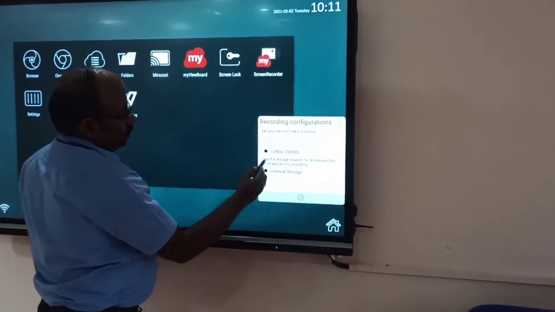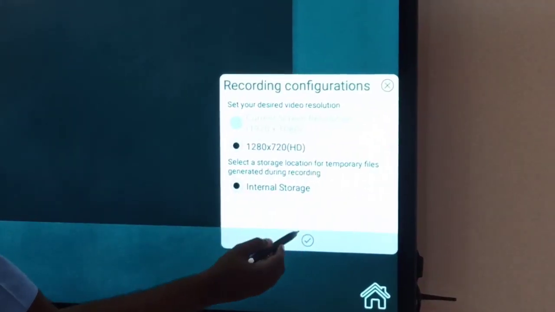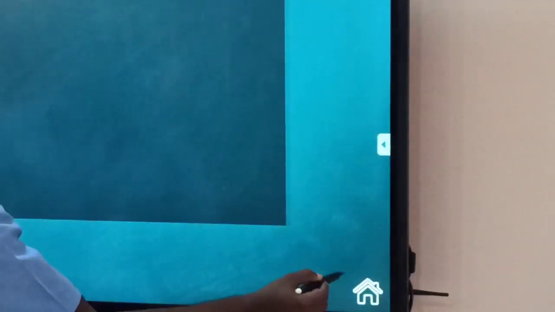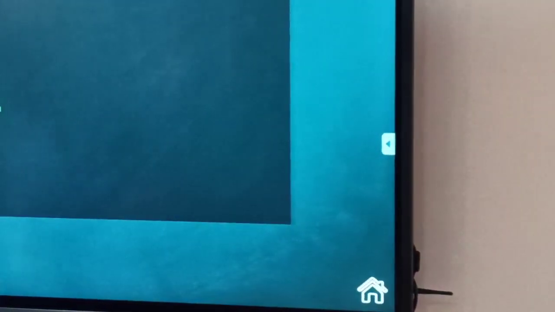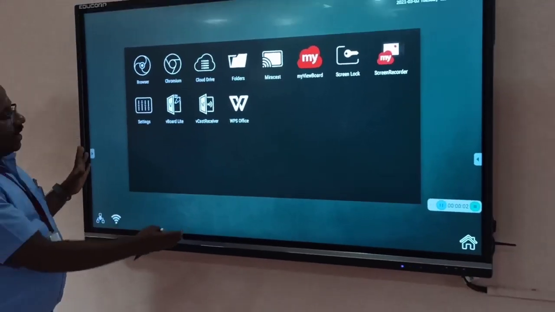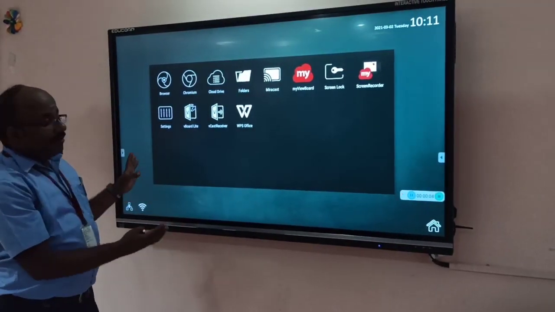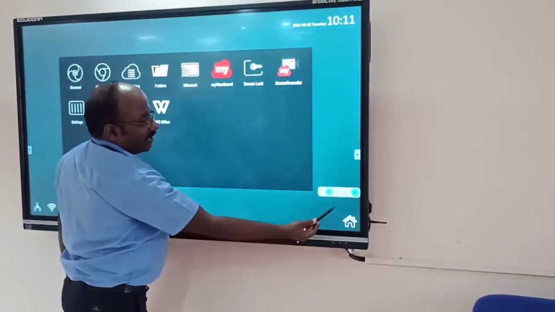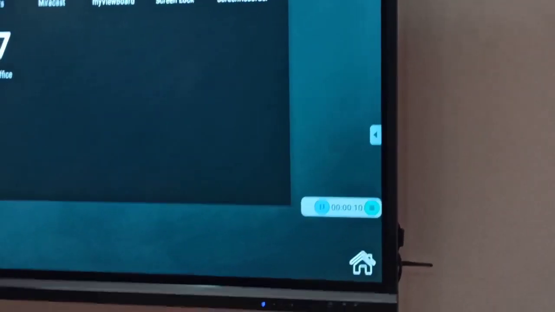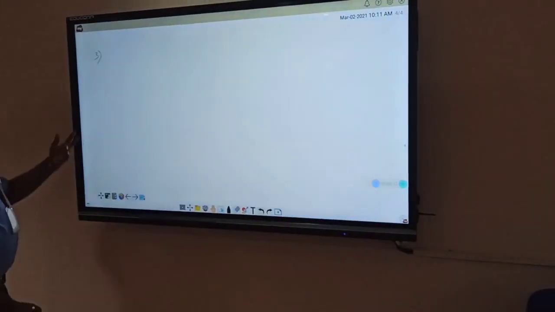So this is the video resolution. I go for 1280 x 720 HD. I'm going to store everything in internal storage. Then I'm giving it a tick mark. Right. So you can see the 1, 2, 3 count is running. That means whatever is running here on the screen will be saved in video form. We can see the time is running, 5 seconds, 6 seconds. Now if I go to the View Board, if I start taking classes here,